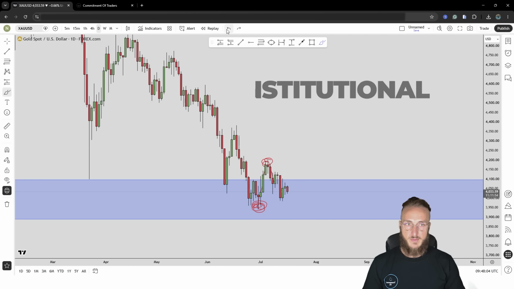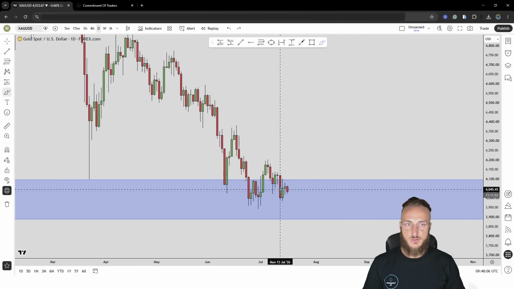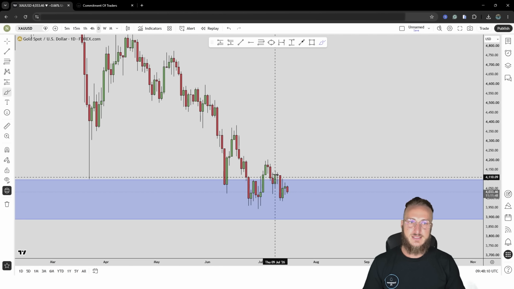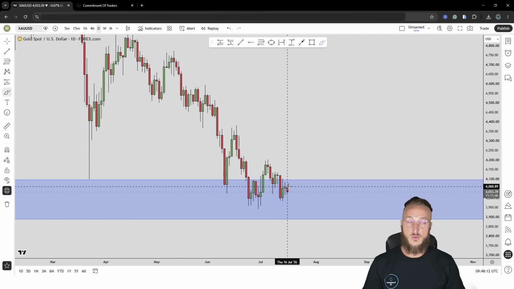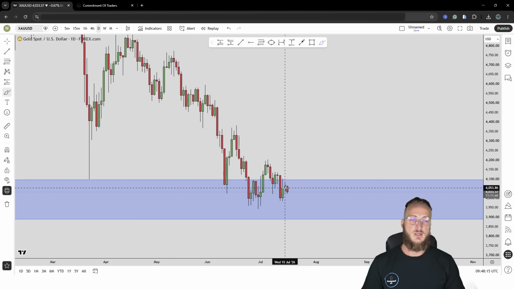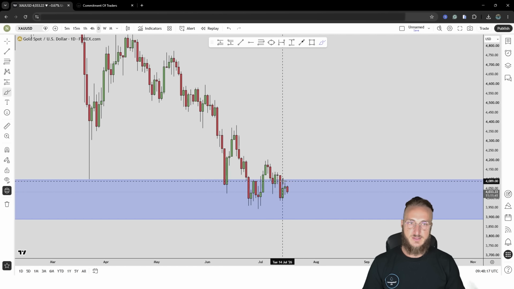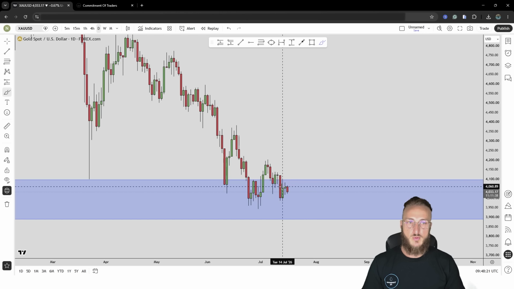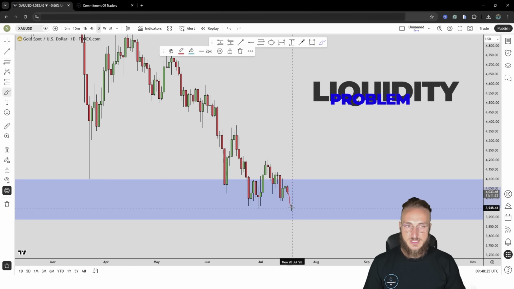But what we have to keep in mind is that as the market is entering into this zone, we're not seeing the test and rejection to the upside that we would like to see. The market is kind of chopping inside of the zone, which means that there is definitely the possibility at this point, since we have seen this choppy price action back and forth pretty much around the zone in which we would like to see the buying, that there isn't enough liquidity inside here, and we could see a stop loss